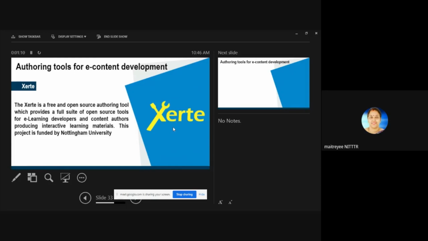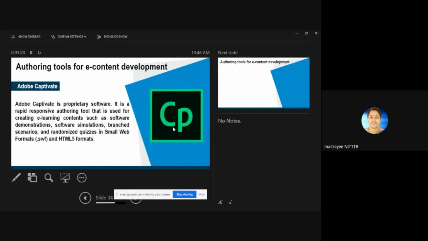Similarly, Xerte is also a free and open source authoring tool, which provides e-learning developers and content authors a way to create interactive learning material, right? So this is another software that is known as Xerte.